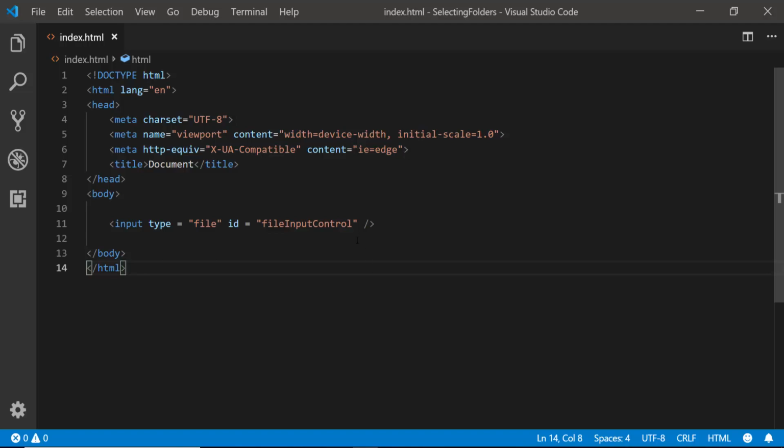There's one property called webkitdirectory. That's an attribute that accepts a Boolean value of true or false. If you set it to true, it would allow you to select a folder but not files in the open file dialog. When you select a folder,